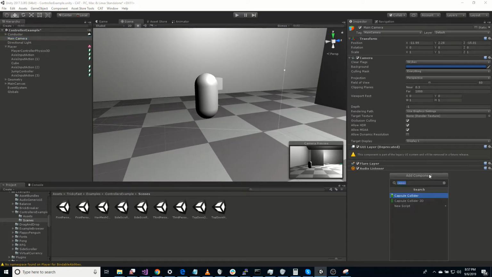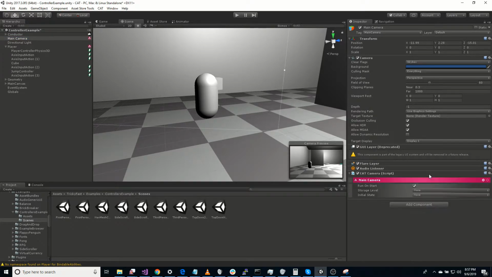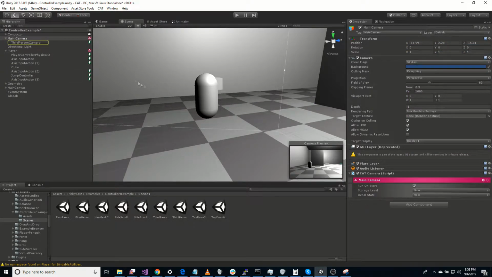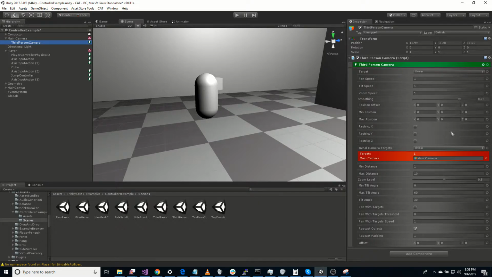The first thing we want to add is a CAT camera component, which is basically a state machine but has some extra properties. And then under here, we can add a third-person camera controller. And we can take a look over here. There's a bunch of different options. We set the target, which is the target for the camera. Initial camera target we want to set to the player. And then we can set a minimum and maximum distance and viewing angle and all that. And if we just give that a try, basically the default,